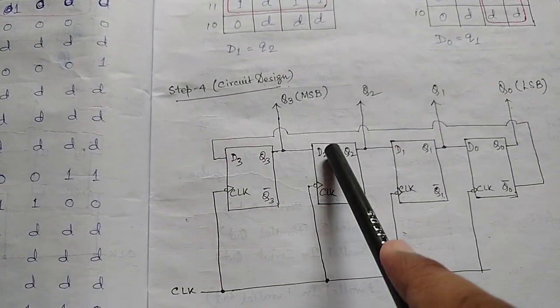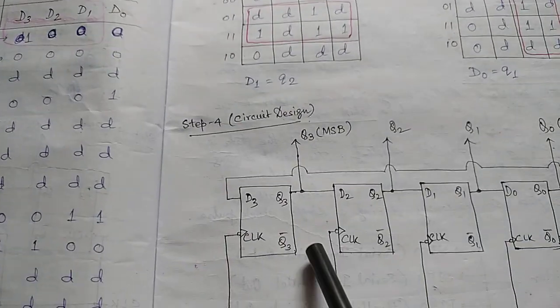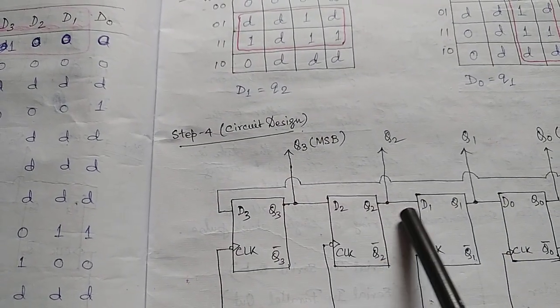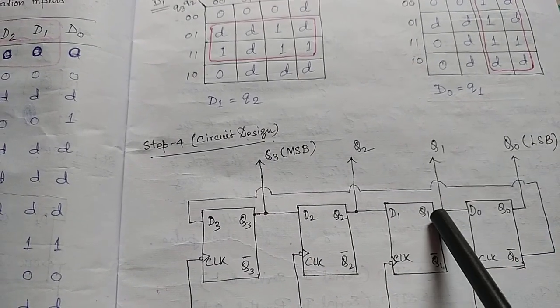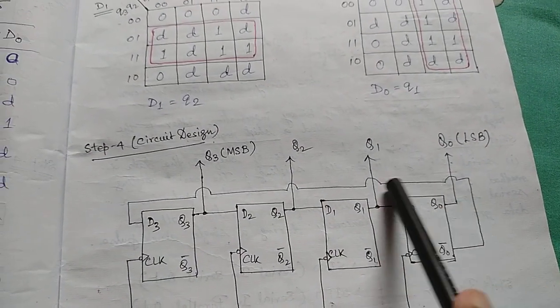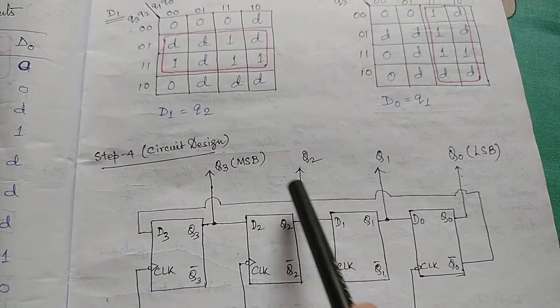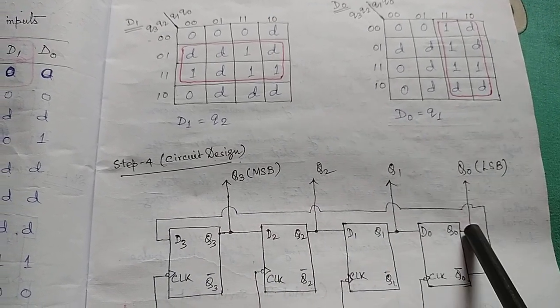Again in the circuit, D2 equals Q3, so Q3 and D2 are shorted. D1 equals Q2, so shorted. D0 and Q1 are shorted, and D3 equals Q0 bar. You can see the bar, so it is taken from the bar output and shorted with D3, and 4 outputs are taken from here: Q3, Q2, Q1 and Q0. So that's how you can design a